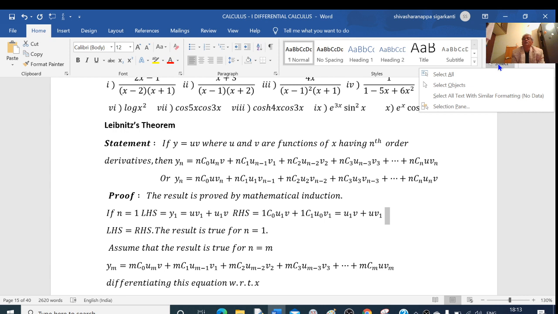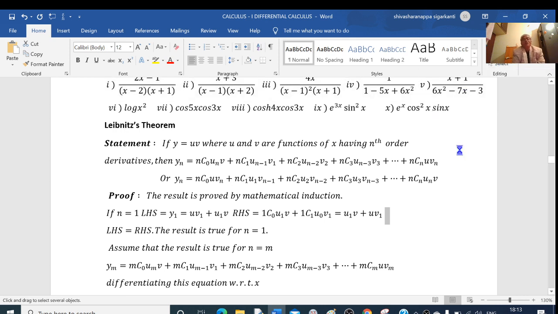In this video, I will prove Leibniz theorem for the nth derivative of the product of the two functions. The statement of the Leibniz theorem is like this. If y equal to u into v, where u and v are functions of x having nth order derivatives, then nth derivative of this product is given by